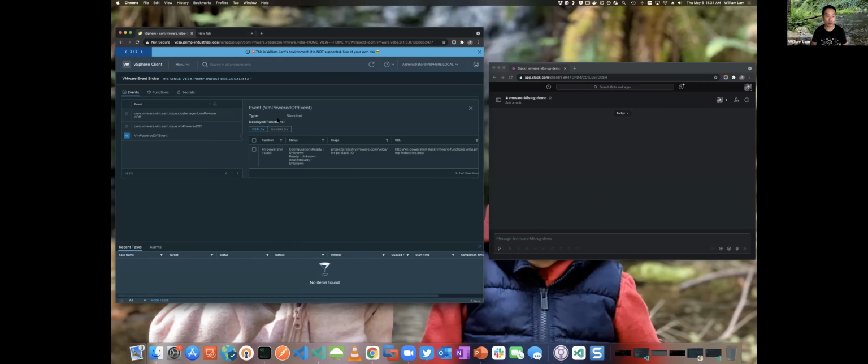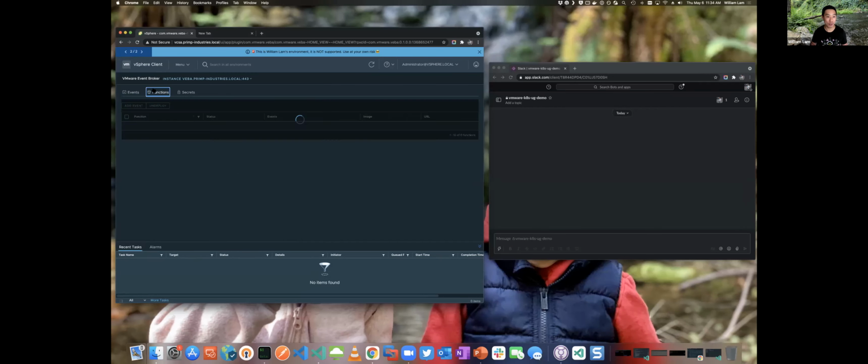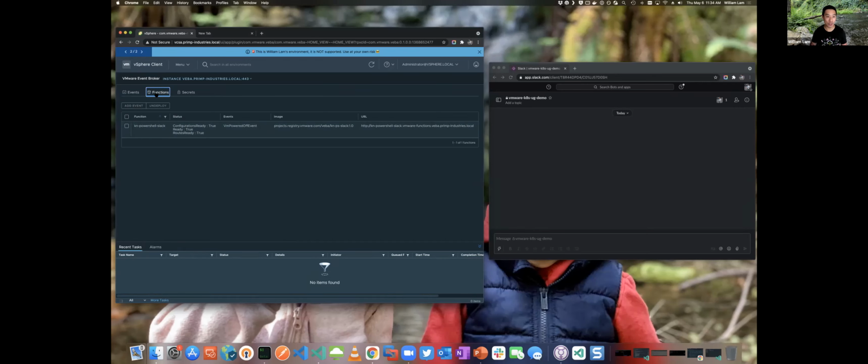So now if we come back over here, we've got it deployed. If I go into my functions tab, this is a quick way to glance at all the different functions you've got. We can see that it's already reflecting all the different Kubernetes manifests within knative. You can see your events, the container image, and also the URL if we wanted to call this from a webhook standpoint.